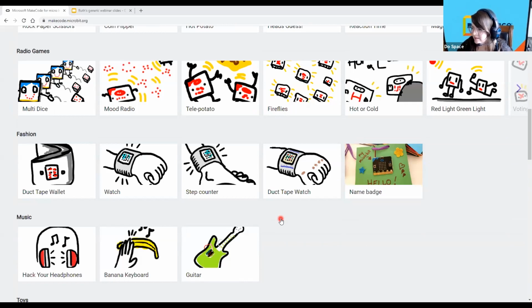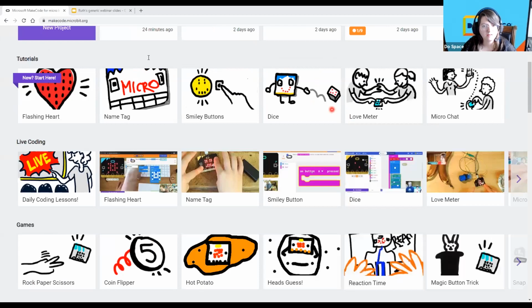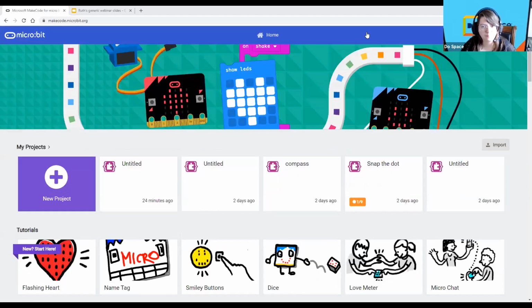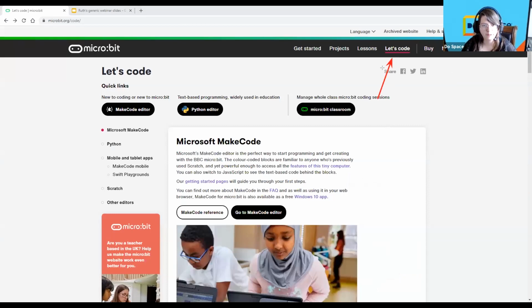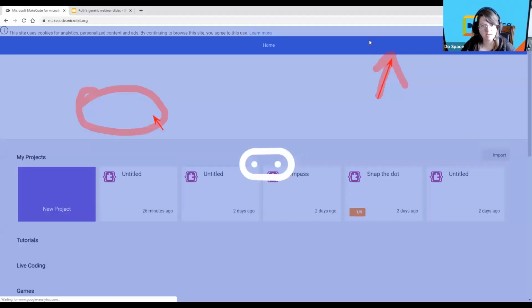Yeah, so we're on microbit.org in lessons. I'm going to go back a little bit. So I went to Let's Code, right over here, and then you want to go to the editor next. Go right here, there we go. I'm going to go to Let's Code, and you want to click on the MakeCode Editor. So right back in there,